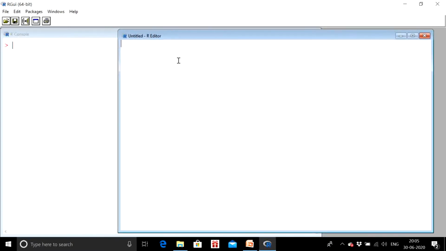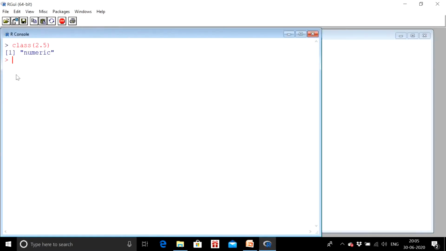Okay, let us come to the numeric ones. Any number like 2, a decimal number like 2.5, 67, a fraction, anything, falls under the numeric data type category. It is very evident that these things are numeric data. So how are you going to determine in R whether a data is numeric or not? You have to use the command called class. First bracket open, then put the number. This is how you do it. See, the result is given as numeric. So this is a numeric data type.